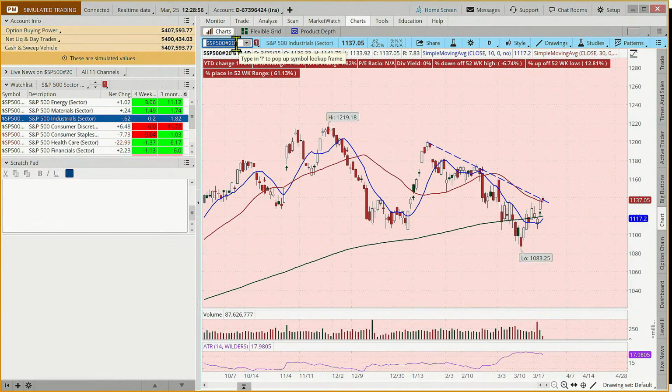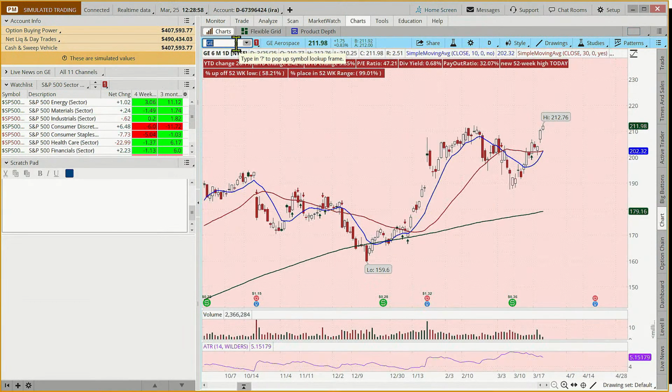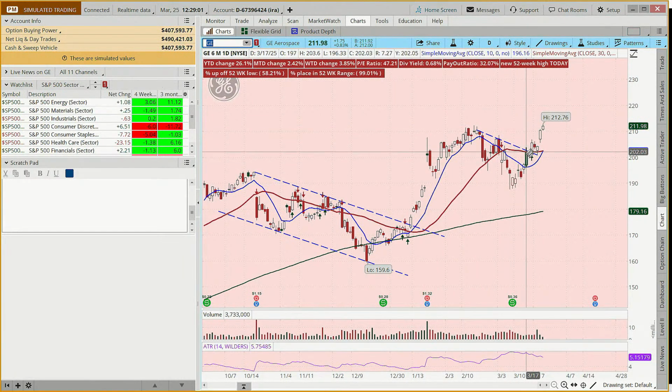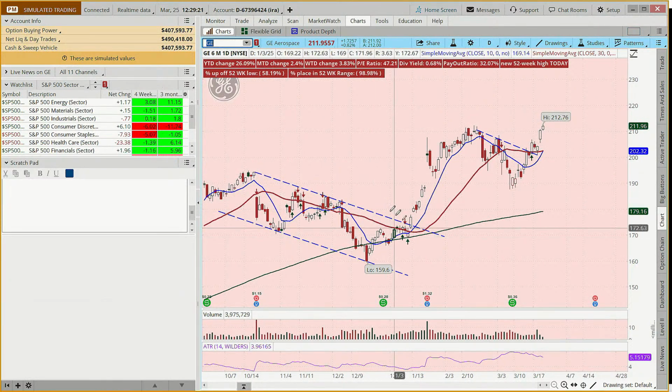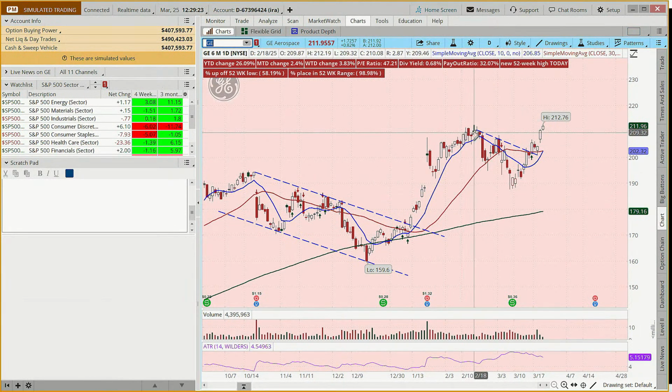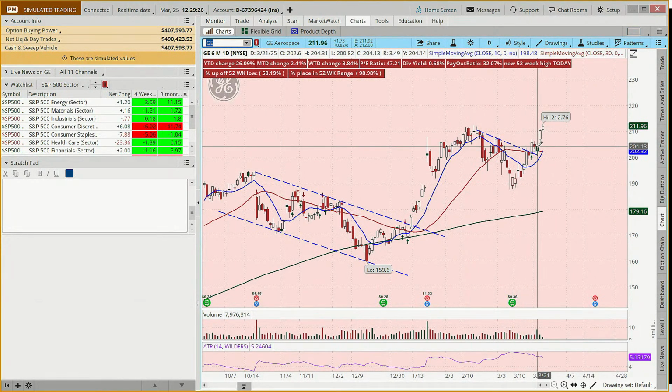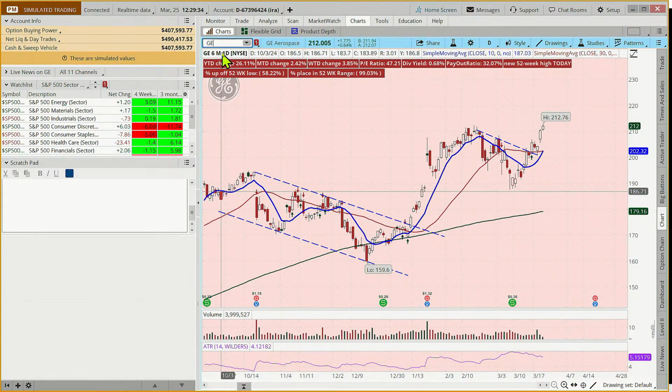Okay, let's look at GE. So, diagonal resistance breakout. Did we see that down here? Here we had kind of this double bottom on a tilt, or trading within a range, but we had this diagonal resistance breakout, gap to the upside, 1 day pullback, and then it really took off. So paying attention to these things is important. And then what did we have? Breakout, 1 day pullback, gapped up, and now hitting a high. So that's GE. How about Microsoft?